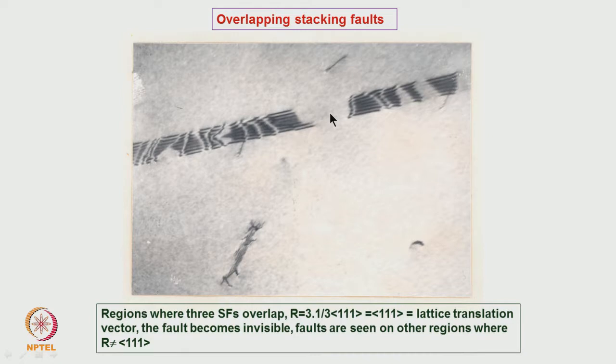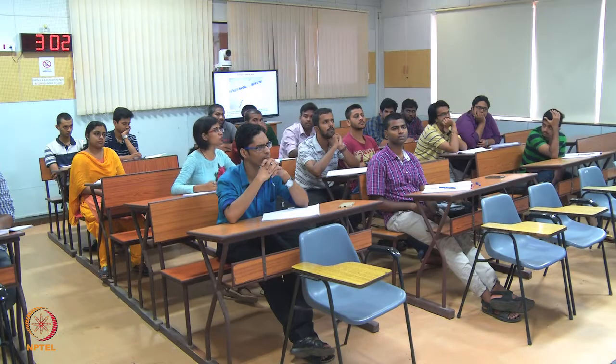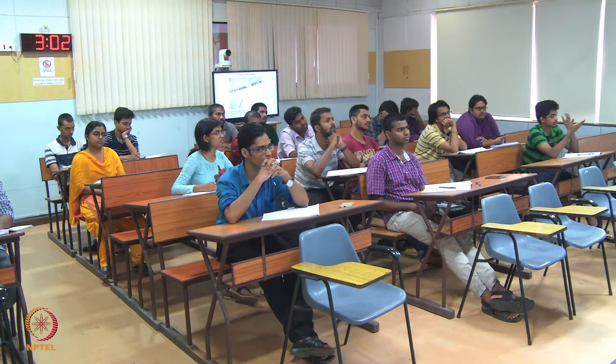This also does occur in microscopy when you look at deformed samples. Yes? Extrinsic stacking fault, vector is 2 by 3 1 1 1. And we are adding intrinsic 2 together. It's becoming 2 by 3. How do we differentiate between these two? Which one? Extrinsic stacking fault or intrinsic 2 overlapping. For the intrinsic and extrinsic fault, there are some protocols which have been developed on the basis of the contrast, with which we can do that.